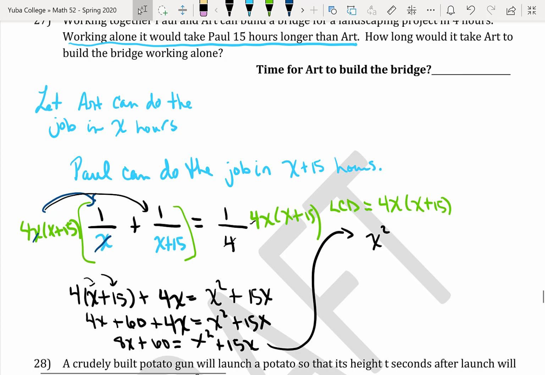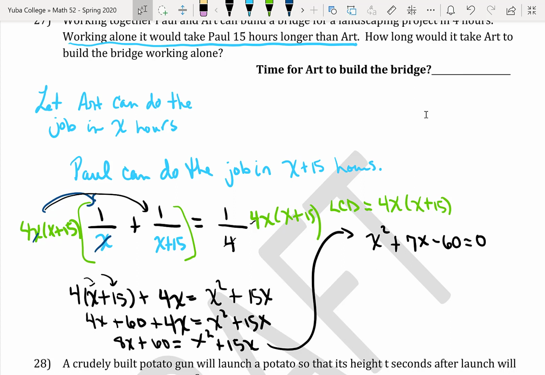So we're looking to see, is there two numbers that multiply to give us negative 60 and add to give us 7? So 4 and 15 is not going to work. 12 times 5 works. And so that would be a positive 12 and a negative 5. So X plus 12, X minus 5 equals 0. So we're looking at X equals negative 12 and X equals 5, setting each factor equal to 0